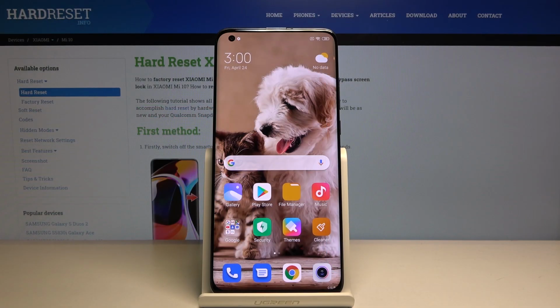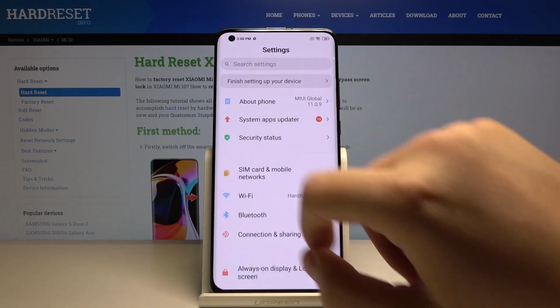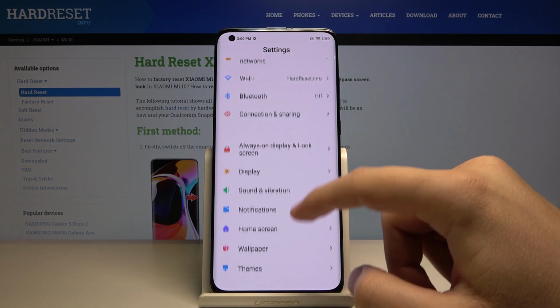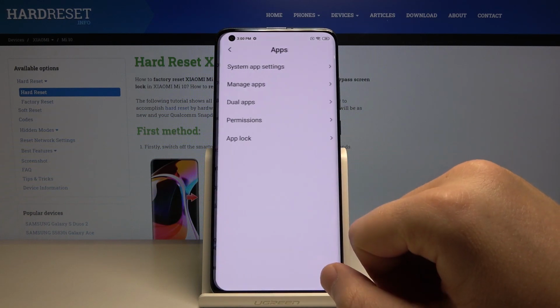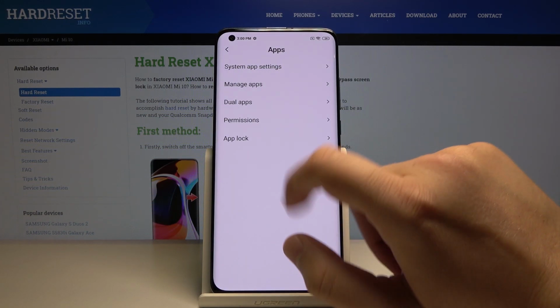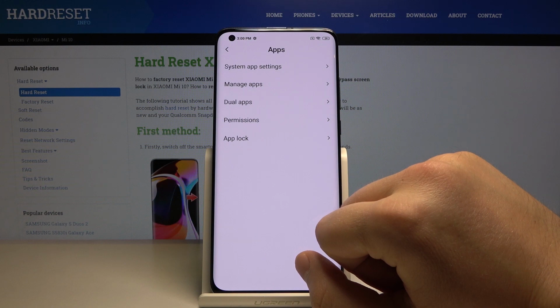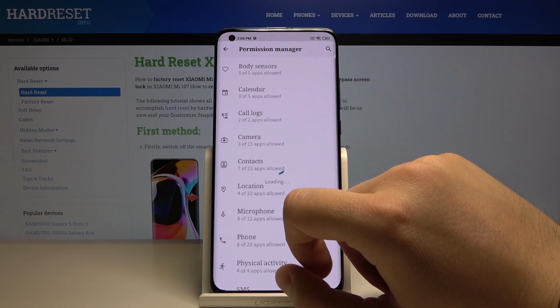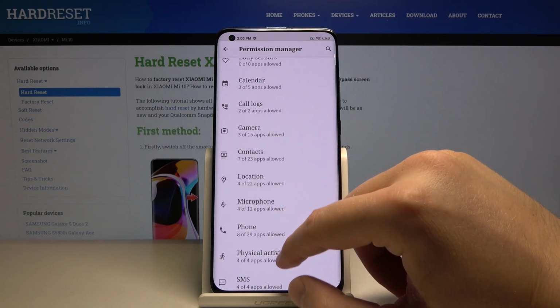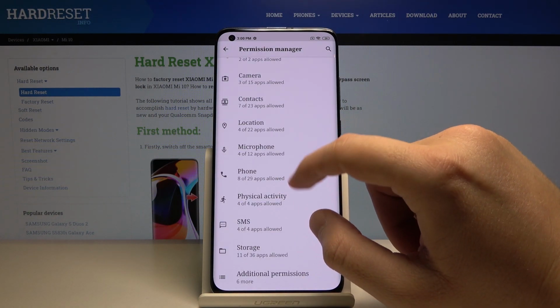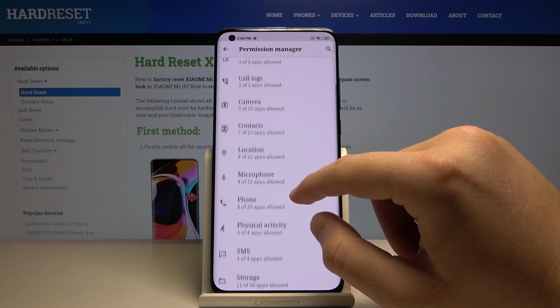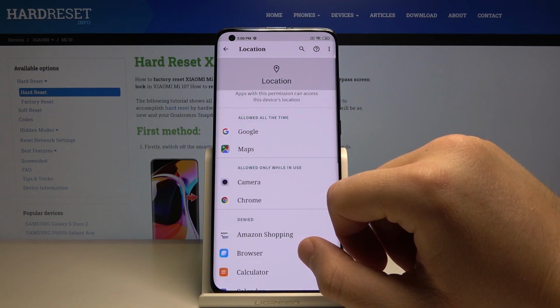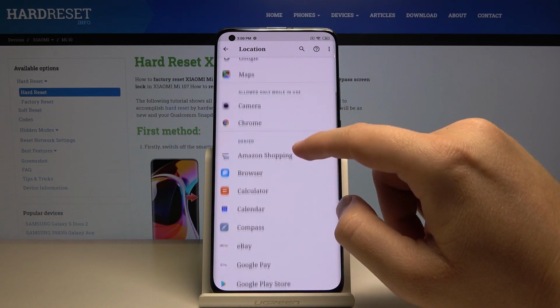Welcome. If you want to enter app permissions on your Xiaomi Mi 10, first you have to click on Settings, then scroll down and enter Apps, and here we can manage the permissions. Click on Permissions right now, and there's the Permission Manager. So as you can see, we can enter, for example, Location, and here are the applications